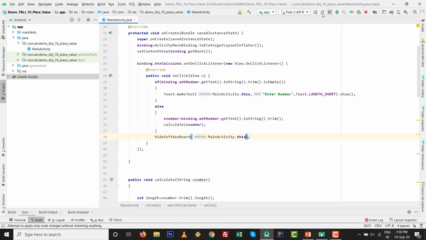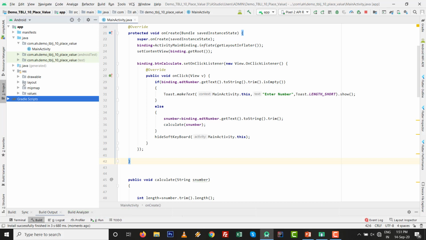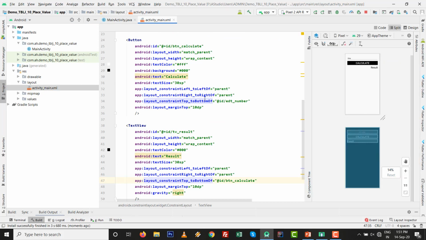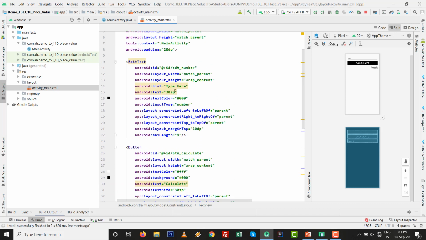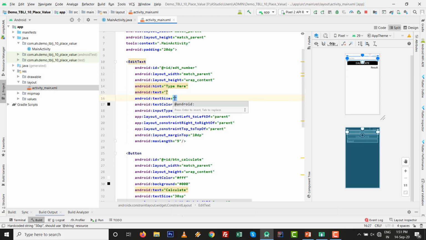So our code is ready, just press Shift F10. Okay, 30 SP is written here. I change this one, go to layout, activity underscore this one, and instead of text size I have written 30 SP.